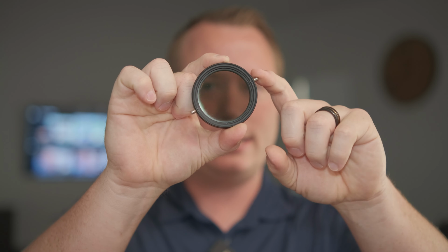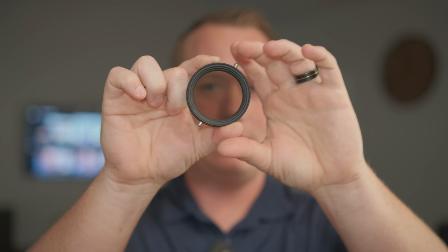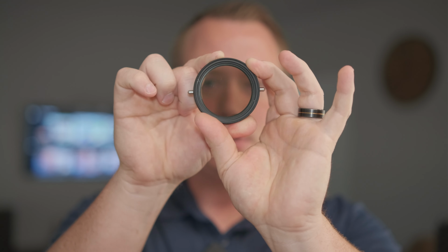This is my favorite lens filter. It is the K&F 2-in-1. It is a variable neutral density, which you can control right here, and it has a circular polarizer built into it. So I can do two things off of one filter. Now this one is